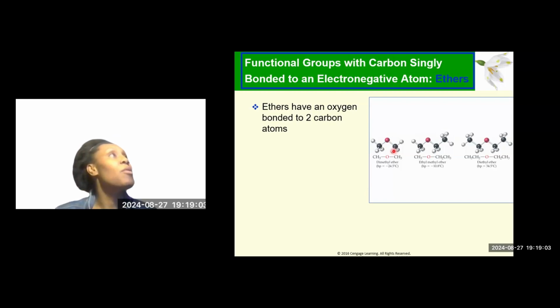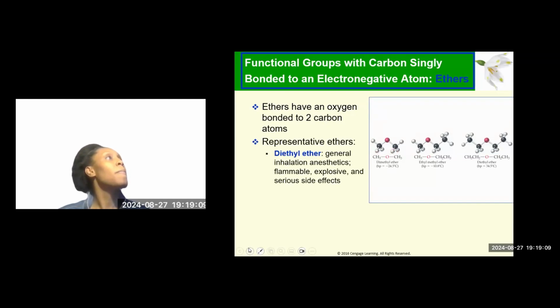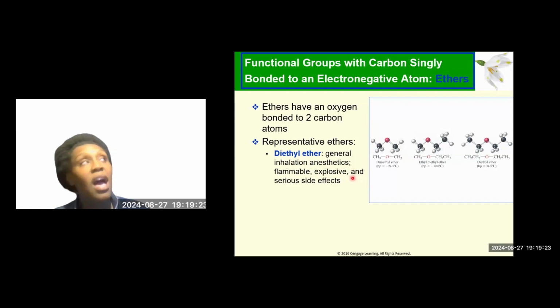All right, so let's see a little bit more about ethers. Some ethers that you might be familiar with is diethyl ether. And this is a general inhalation anesthetic. It's very flammable, it's explosive, and actually has serious side effects. I know a lot of people know that in terms of knocking somebody out, which obviously we don't do that. But anyways,